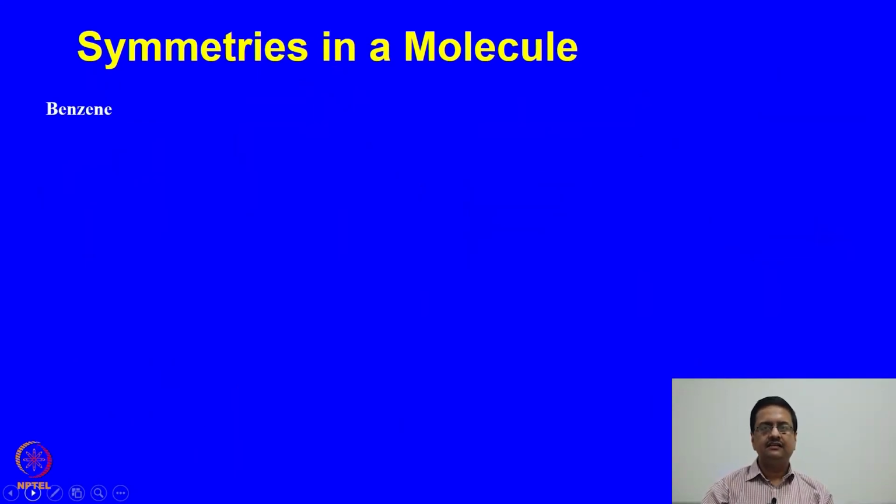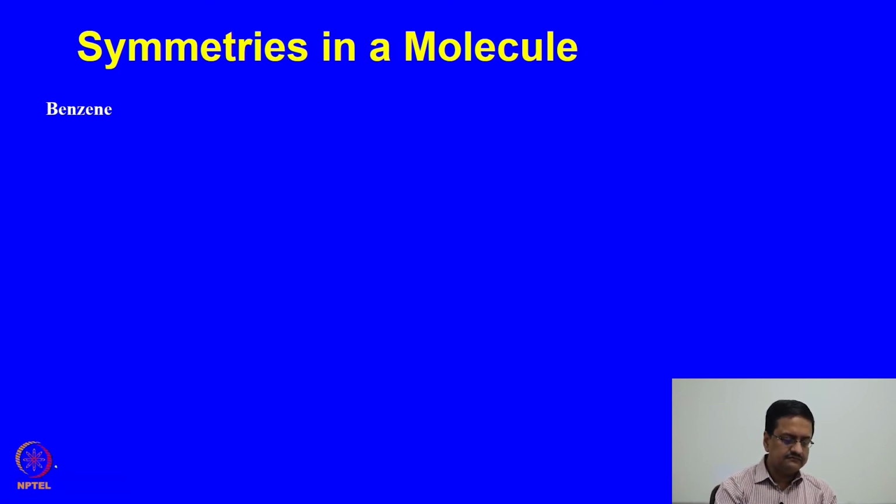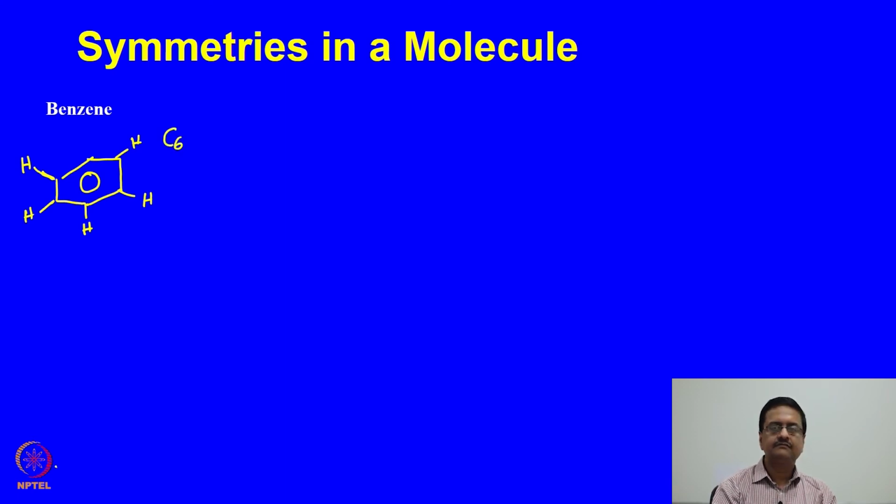Now, let us try to see a very simple molecule, benzene. We all know that benzene is hexagonal, having 6 carbon atoms and 6 hydrogen atoms, and they are at 120 degrees. Very quickly, if you can think of what the symmetry elements present are, you can quickly say that it has C6, it has 3 C2s,